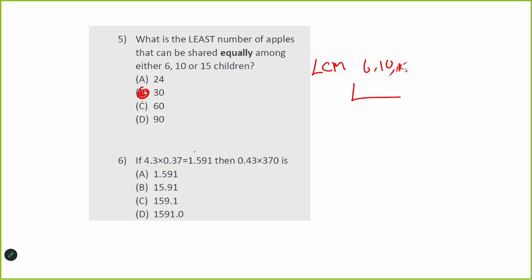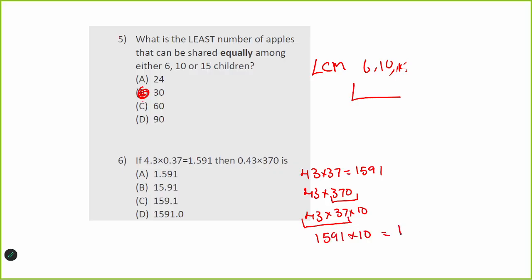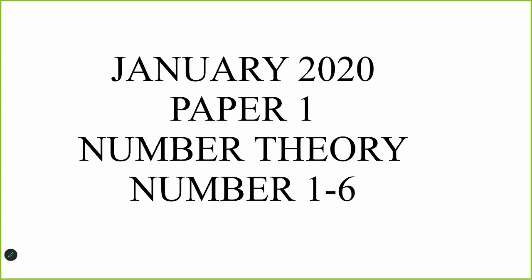Right, let's look. This is a repeated question. We saw that 43 multiplied by 37 is 1591. This one is 43 multiplied by 370. We said that 370 is 37 multiplied by 10. So this becomes 43 multiplied by 37 multiplied by 10. This here is 1591 multiplied by 10. You just add a 0. That's 15910. How many decimal places would you shift it? 2. 1, 2. That's 159.1, which is C. And that is the end of